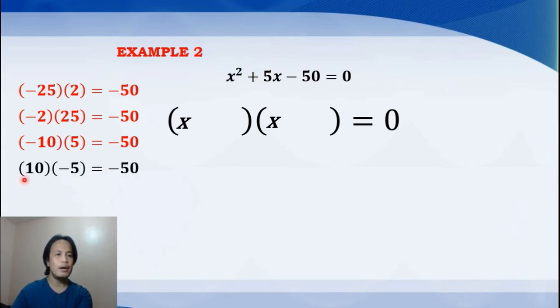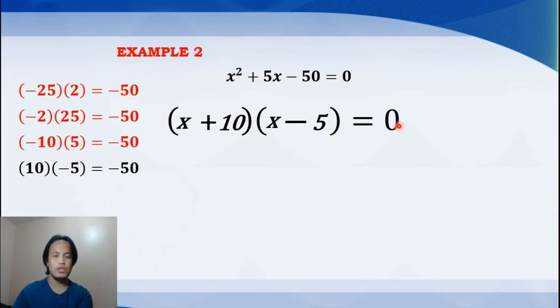So another factor is positive 10 times negative 5 is equal to negative 50. And when we add 10 plus negative 5 will give us positive 5, which is our middle term. Therefore, we will be using these factors. So we can have plus 10 for this factor. Another one is x minus 5, which is this factor. So the factors of this trinomial x squared plus 5x minus 50 are x plus 10 times x minus 5,